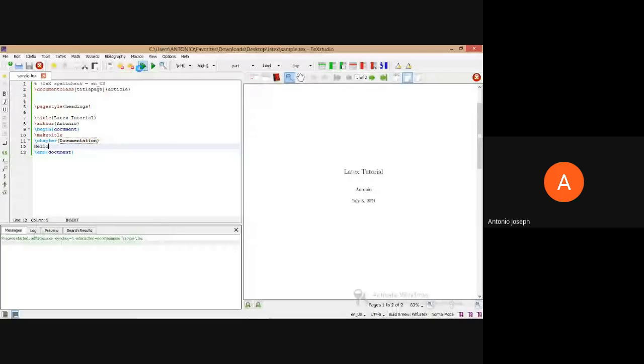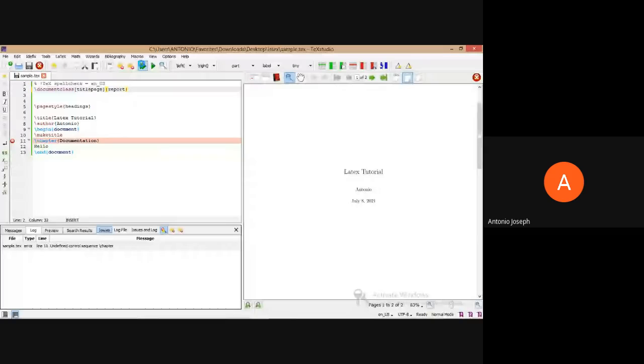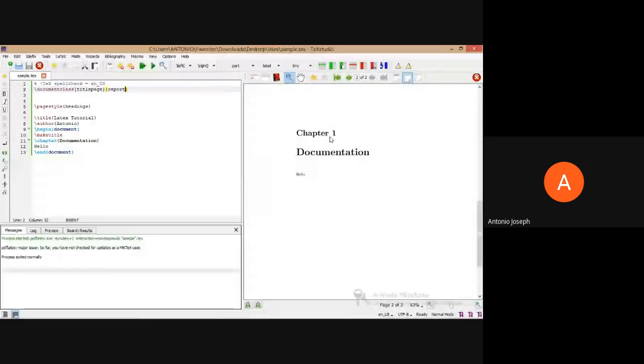Yeah, one error is coming now. Yeah, it's an article. We need to change it to a report. Yeah, now it's combining. See. So chapter 1 and documentation. Okay. Now